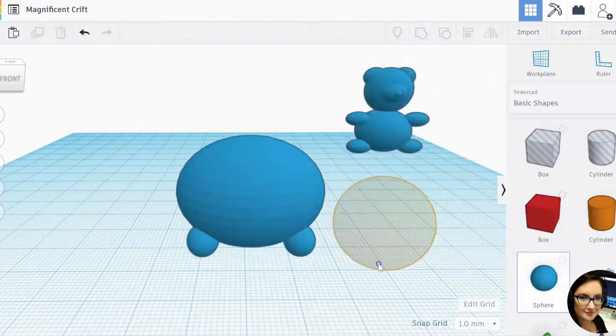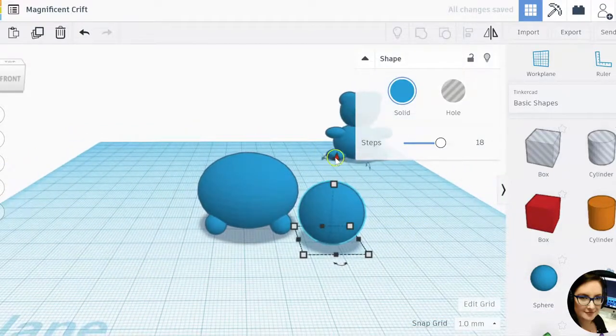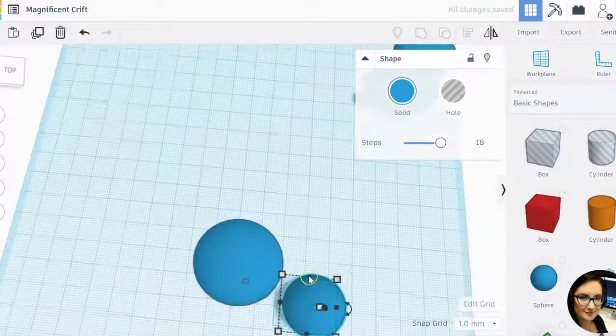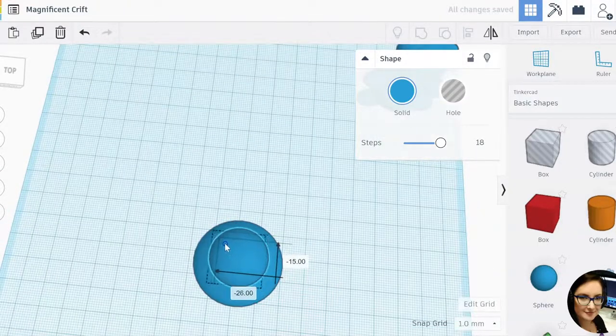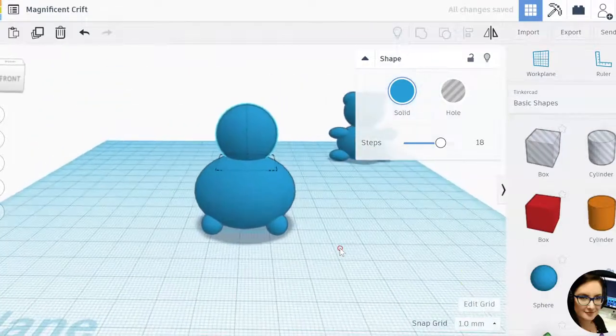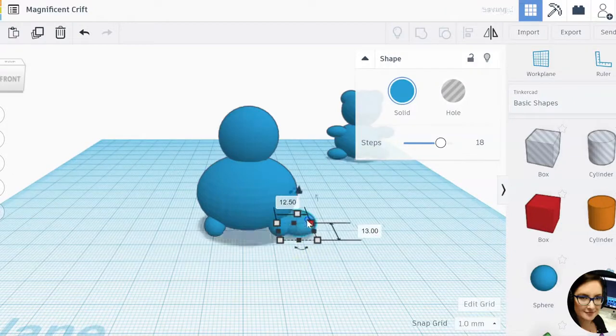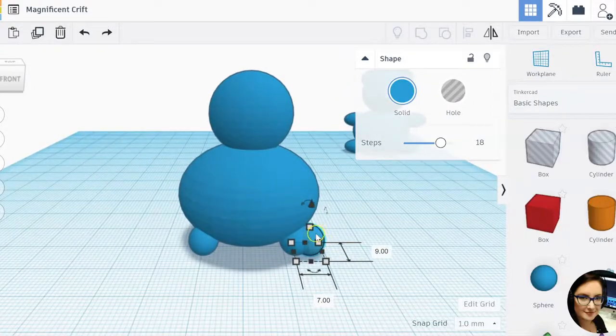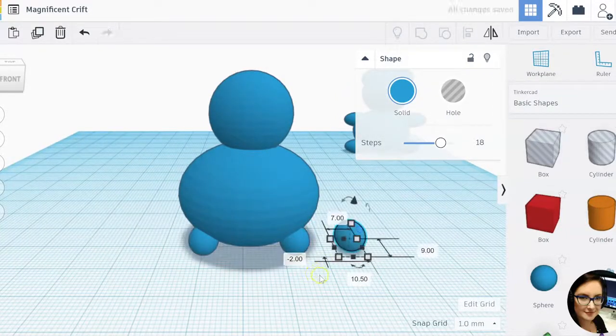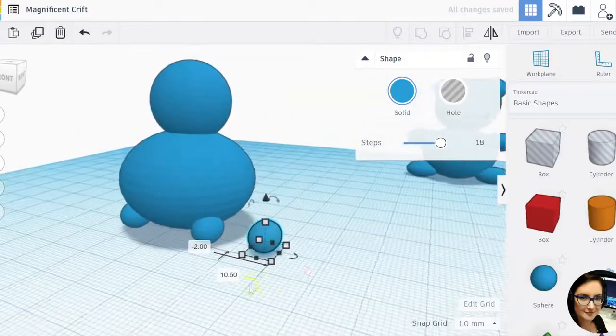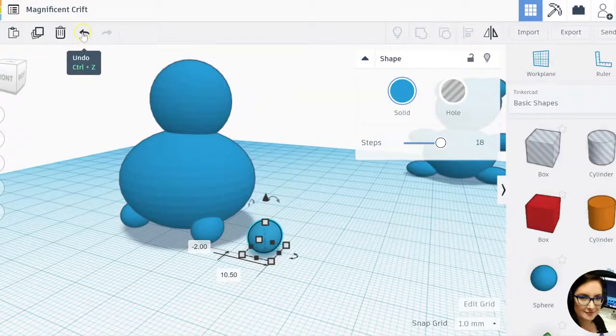Say we want another sphere, and let's raise that up to create the top part of him. Looks pretty good. And then let's grab some more hands, and I'm just going to do Control C on your keyboard and Control V on your keyboard to create a couple more. And say I did something I didn't like, I can just hit Control Z to undo it, because I grabbed one of the little boxes instead of just grabbing the object to move it out. That can happen sometimes. So Control Z is your friend, otherwise the undo button is just up here.